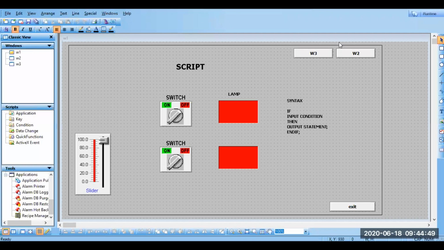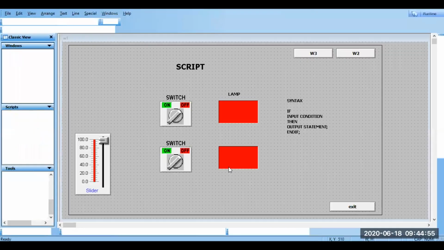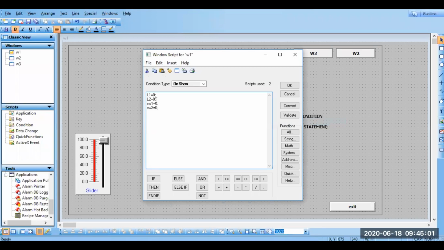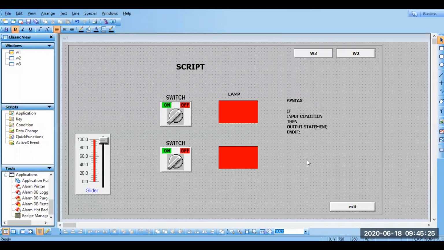So in on show, you should write conditions for inputs, not outputs, because outputs depend on the inputs, not on us. So this should be removed. This is a mistake I made, so please correct it. Don't do this. Fine, guys? I hope you have understood. Those outputs were both on because the input was in an on condition, so I should have control over the inputs. So in on show you need to write this. Validate and go for OK. Hereafter you can write a script in on show also.